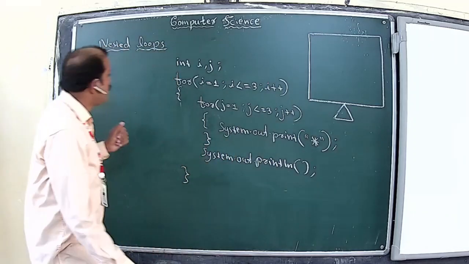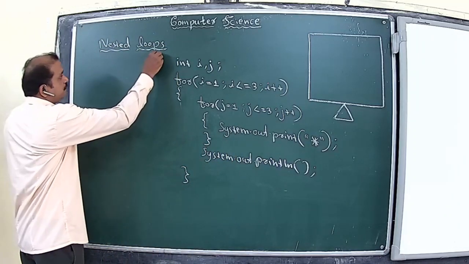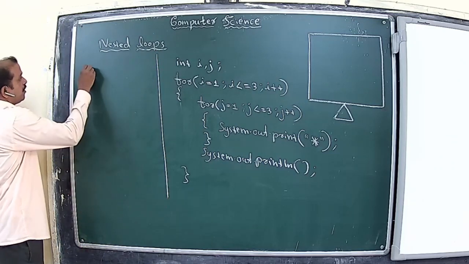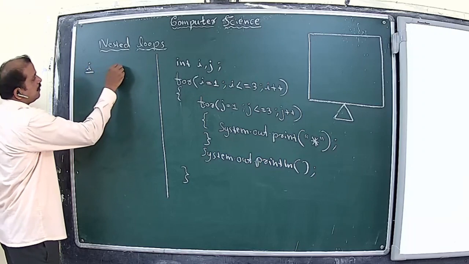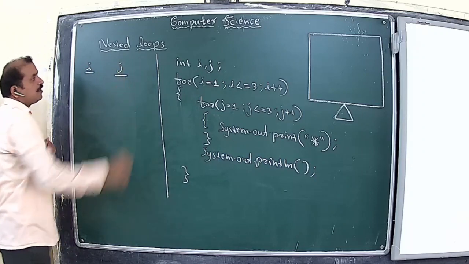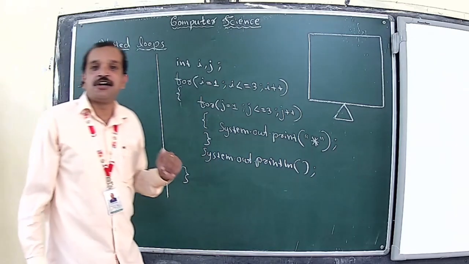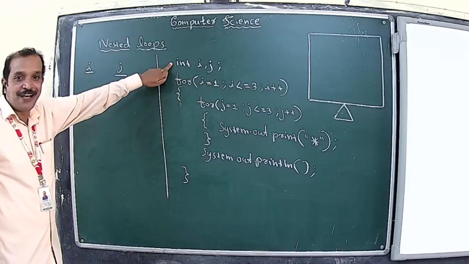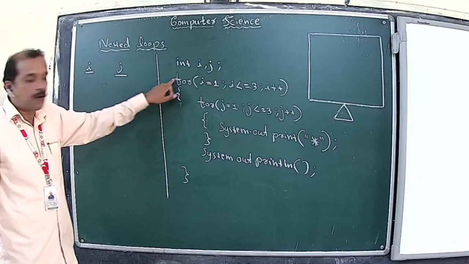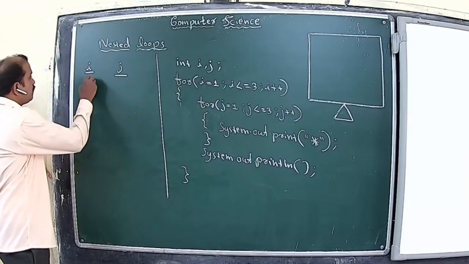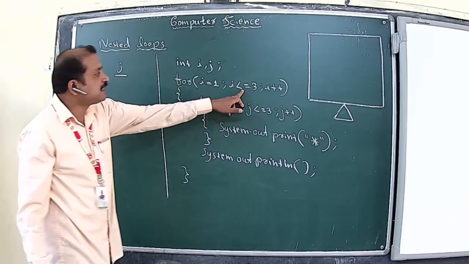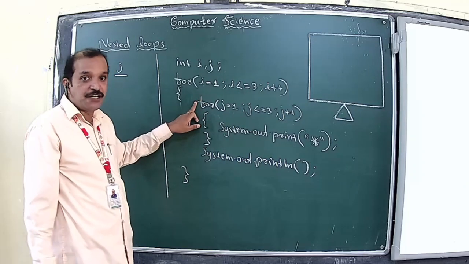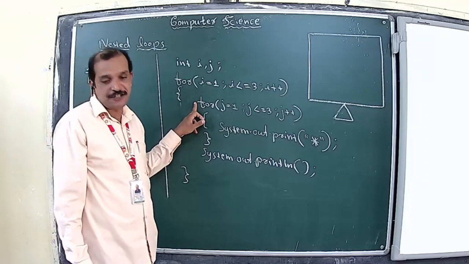Now we will see the output through the dry run technique, and there are 2 variables involved as part of this inner loop and outer loop. Suppose these 2 variables are declared, this line is completed, and now for i equal to 1. The value of i is initialized to 1, i less than or equal to 3. This part is true. Therefore, it will come to the body of the loop, and the inner loop will start.